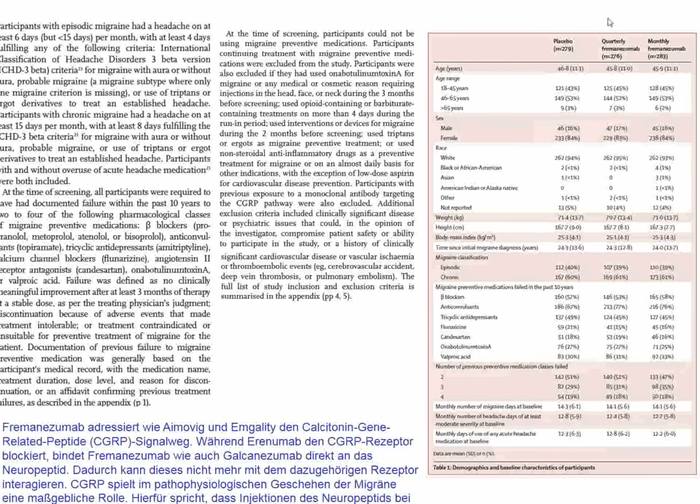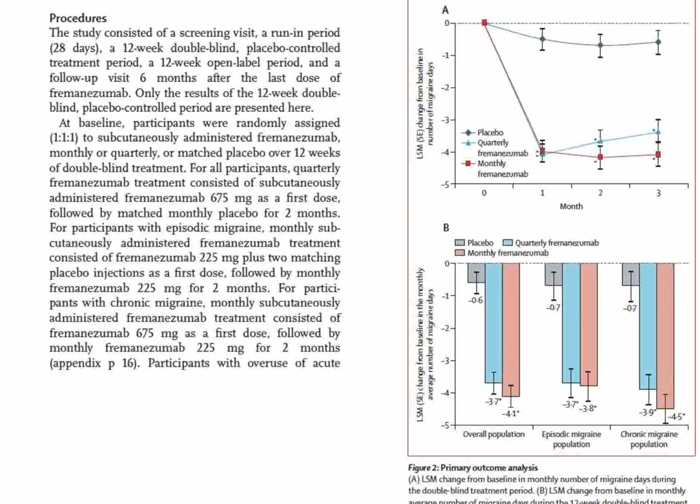And if we look at these patients, a lot of patients, 279 in the placebo group, and 276 got the antibody quarterly. That means that this isn't a treatment that has to be taken every day. And another 283 received monthly injections of this antibody. So this might be a fairly acceptable treatment in terms of prophylaxis if it only has to be given 4 times a year. And if we look here,